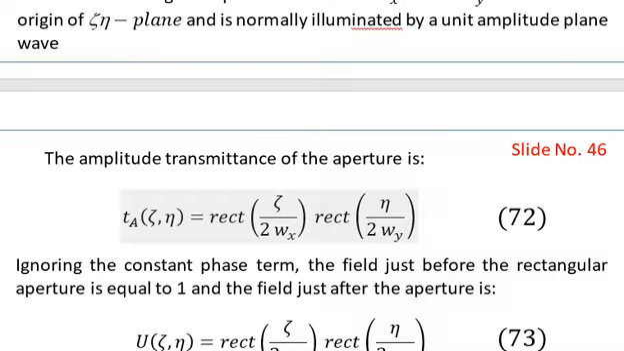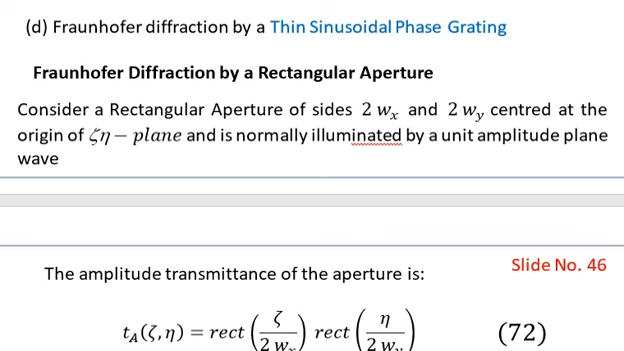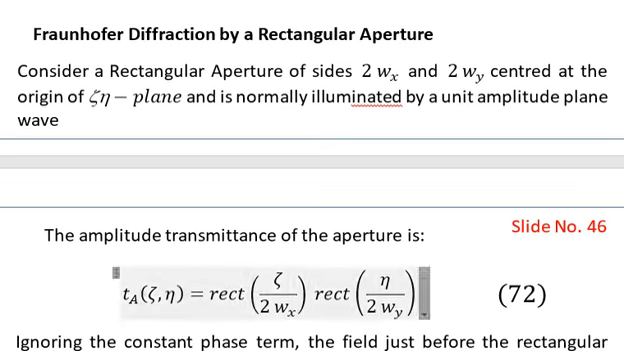So you see that in the zeta direction we have the width of the aperture, which is equal to 2wx, and along the eta direction we have the width of the aperture, which is 2wy. Since we are illuminating this object, which is represented by the amplitude transmittance given in equation number 72, by a unit amplitude normally incident plane wave, our amplitude is equal to 1, and the phase value on that plane will be constant,